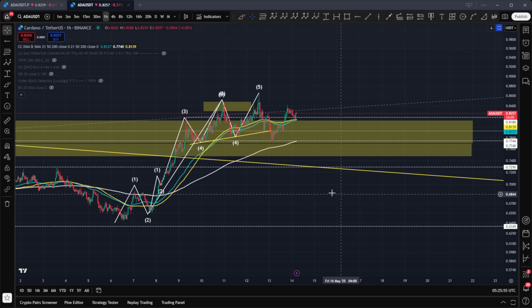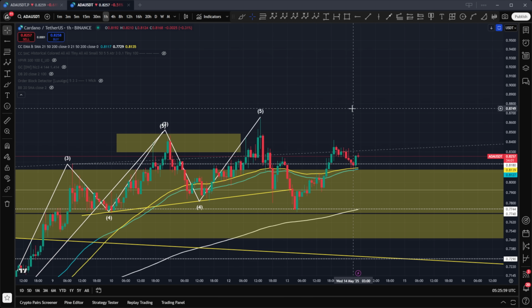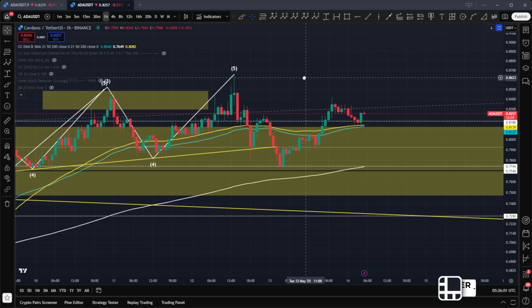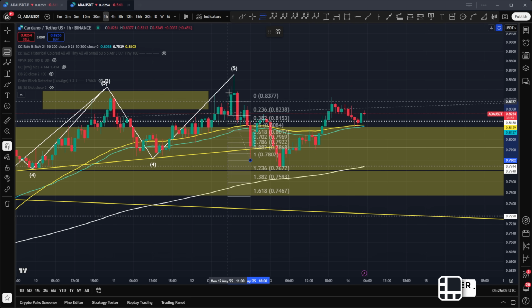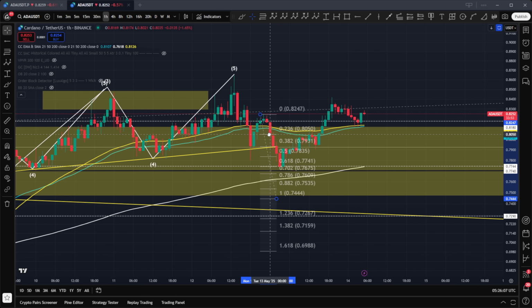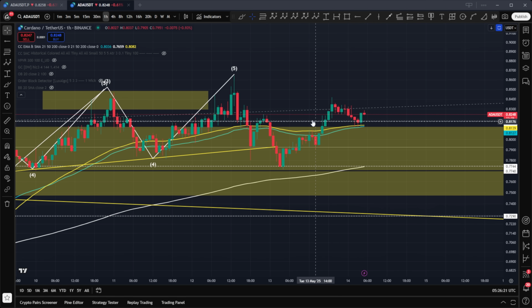Let's go ahead and take a look at this then on a slightly zoomed in view. Because at the moment we've moved down in a pretty typical 3-wave pattern, then bounced up. So there's nothing unusual happening at the moment other than the fact that it's not as deep as you would normally expect. You can see down here it's come down to the 0.618 and then bounced. And it obviously breached higher than the previous swing high. It kept bouncing at 82.47 cents. And so we've got a good move up.